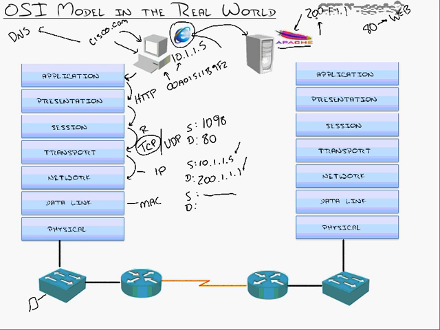Well, he looks at the IP address and he says, well, I am of the network 10.1.1, you are of the network 201.1. If you were on my network, your IP address would start with 10.1.1 as well. Now, like I was saying, this is getting into a big discussion of IP addressing, which we're not fully going to get into here. The point in the big picture is this computer knows that that server is not on its network. So instead of sending the message directly to that server, it needs to send it to its default